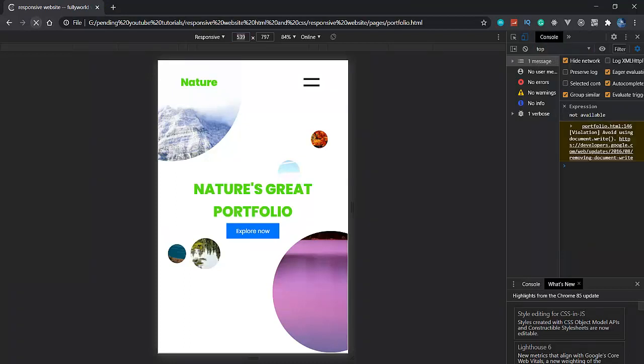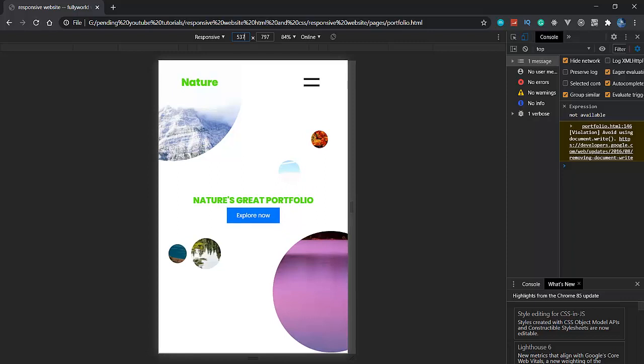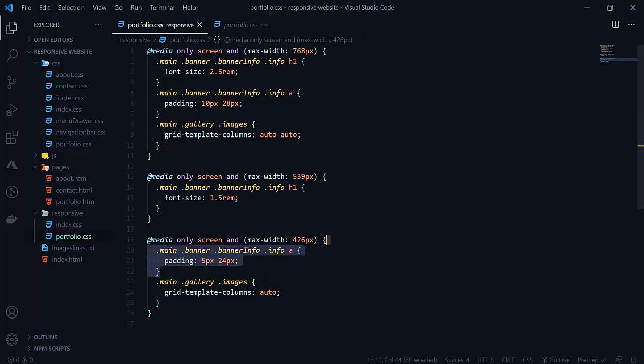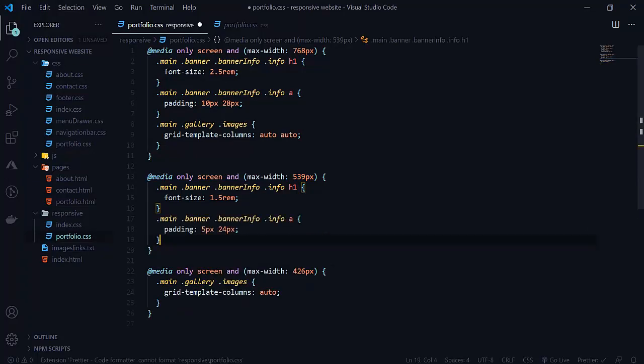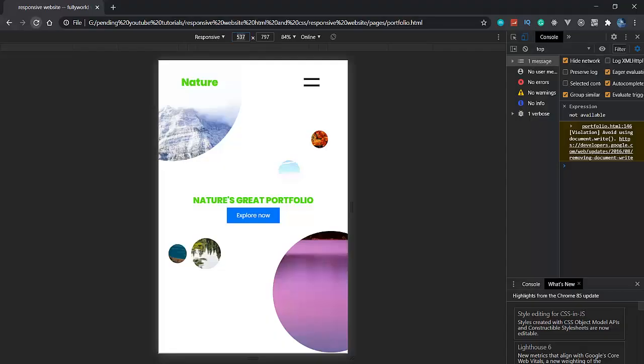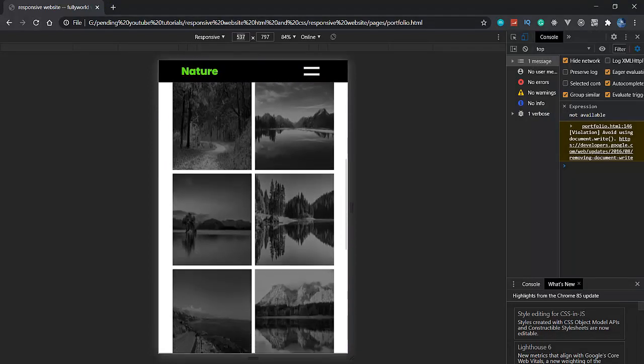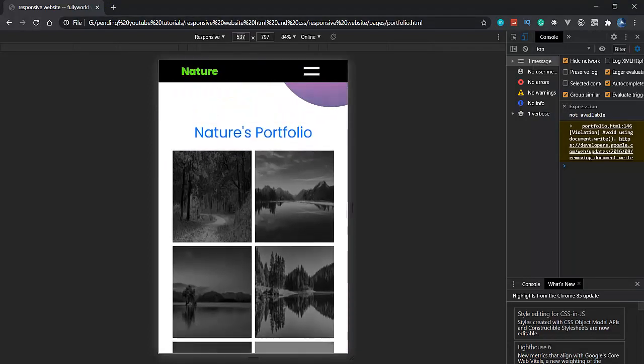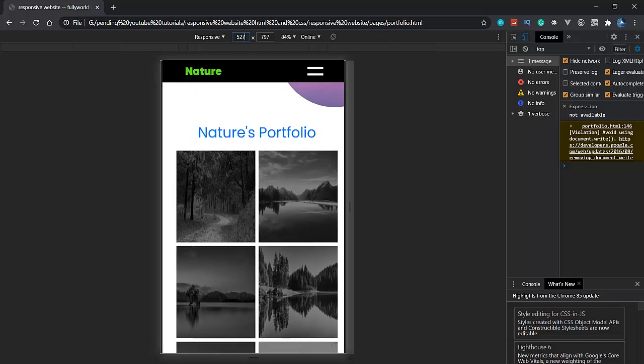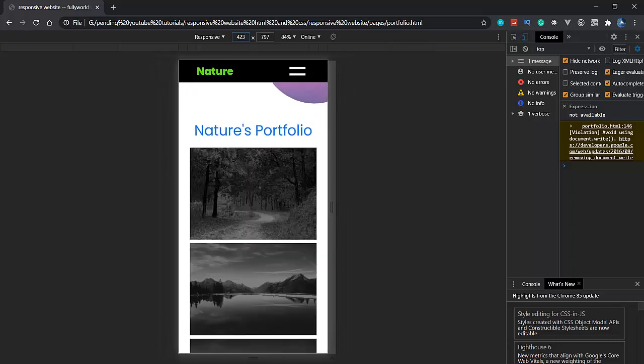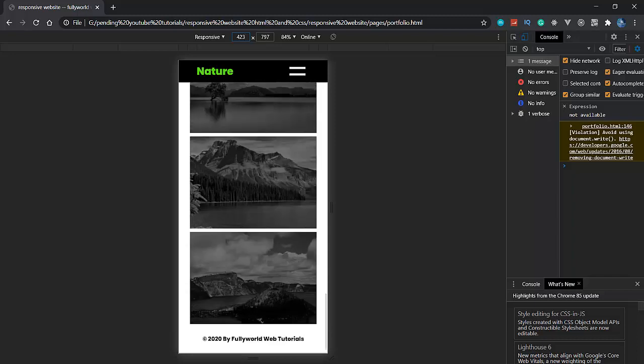So here I'm going to cut this and use it here, because we only want to change the banner for our 539 pixel. See that now it is looking beautiful. Here these are 2 columns only, so that's good. But here, see that there is only 1 column. So that's good. Now we have completed our portfolio section as responsive.